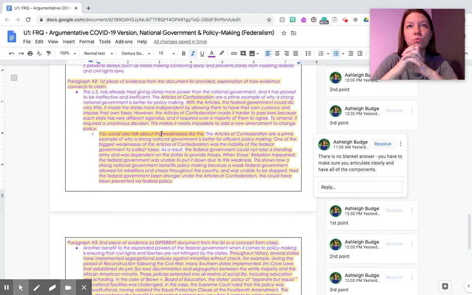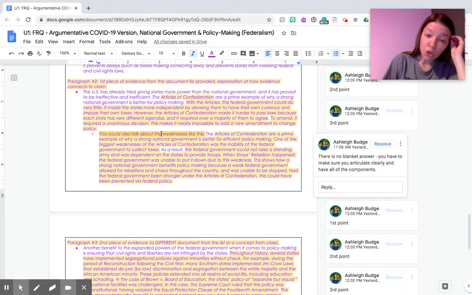And one thing that I want to stress, I wish that there was a blanket answer. I wish that there was a rubric like the concept application where there was arguably one right answer. There isn't. You're going to have a lot of different answers to this prompt than your peers. That is why it is so important that you articulate clearly and that you have all of the components of your essay, because your essay is going to be different from every other person that writes this. It should be. You should not be copying. Don't do that because they have software, guys, okay? So just keep that in mind.